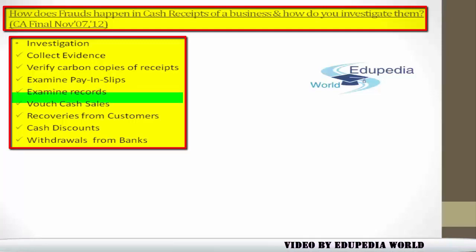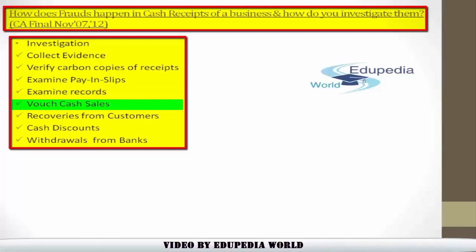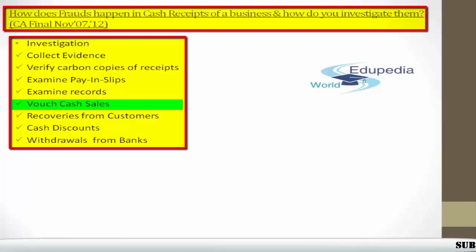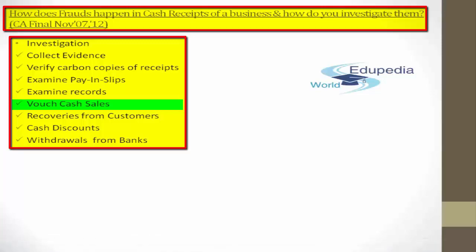You need to vouch out for the cash sale. Cash is something which is extremely important for your business, and you need to ensure that cash sale should be restricted as much as possible. Why? Because this is something which is not encouraged by the government of India itself. Our dear Prime Minister Mr. Modi is also influencing the fact that we need to move towards banking transactions and other aspects. Why? Because cash is something which can be creating problems in the future. So you need to watch out for the cash sale, because most of the time fraud is going to happen in that case.